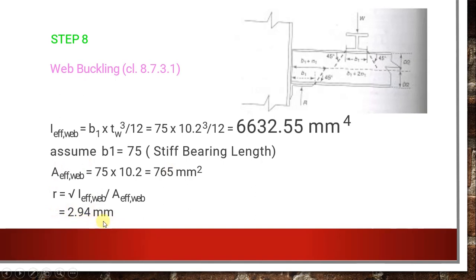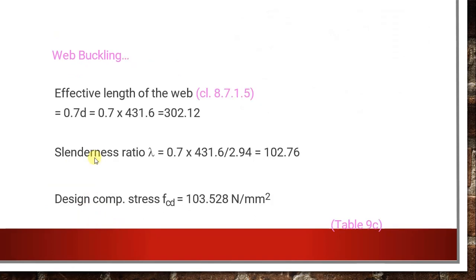Okay. Now moving forward, based on the minimum radius of gyration, you have to calculate the effective length of web, and it is given in clause 8.7.1.5, effective length of web. So the formula is 0.7 d. d I already calculated, 0.7 into 431.6, and you will get the effective length of web as 302.12. Okay. Now